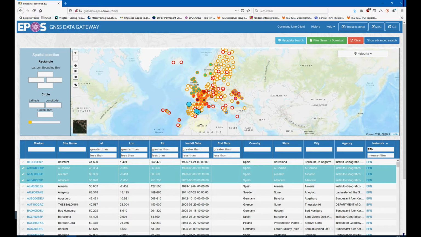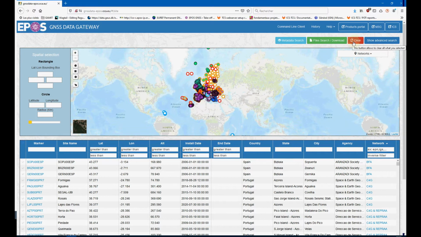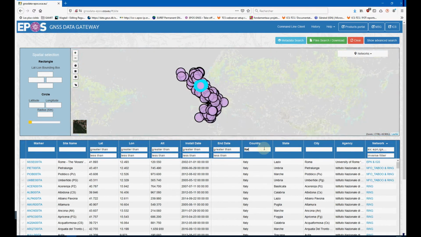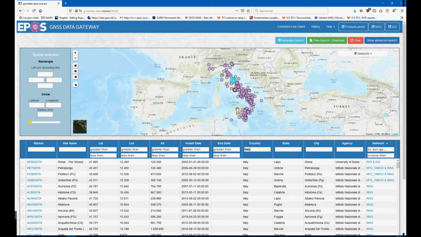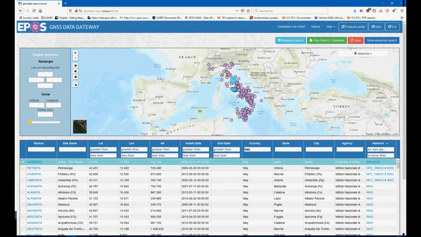And actually, I don't know if you noticed at each example, but all the selection and filtering we've just done from the table panel, they are quite fast because all the metadata are already preloaded. So there is no need to send the request to the database. And secondly, they are dynamic in the sense that the effect is directly visible on the map and in the table.